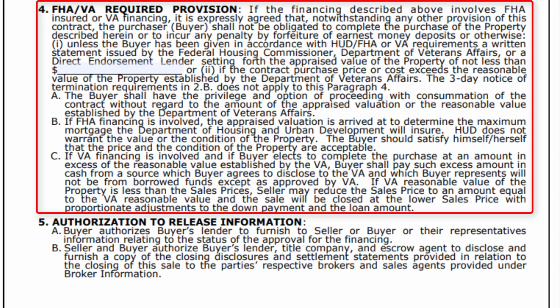If the VA reasonable value of the property is less than the sales price, the seller may reduce the sales price to an amount equal to the VA reasonable value, and the sale will be closed at the lower sales price with proportionate adjustments to the down payment and the loan amount. So that's paragraph 4. The blank that you see here in this paragraph, it's the only blank in this paragraph,